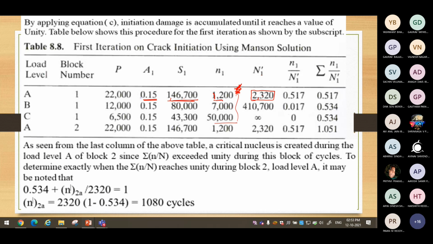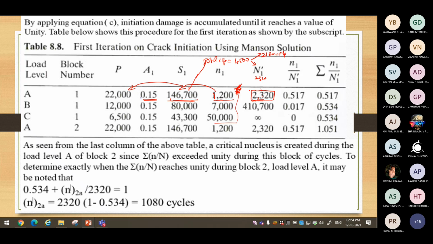So 1,200 number of cycles only we are applying of this mentioned stress value, or this corresponding load value, which is going to give us the defined stress. And we know the number of cycles required for the crack initiation is 2,320. This is not total life. For this, 1,46,000, total life was 4,500. In this, crack initiation is 2,320. Remaining 2,180 cycles for crack propagation. So we have to consider now first only the crack initiation cycles.